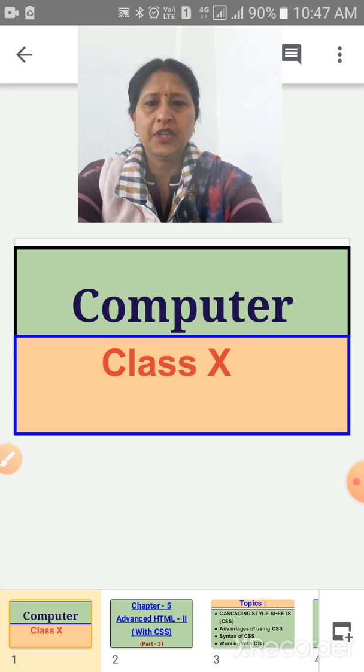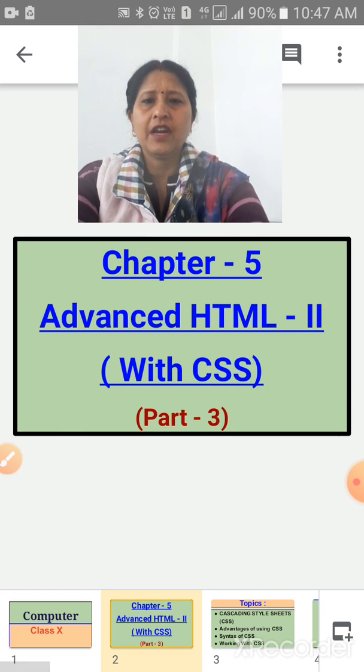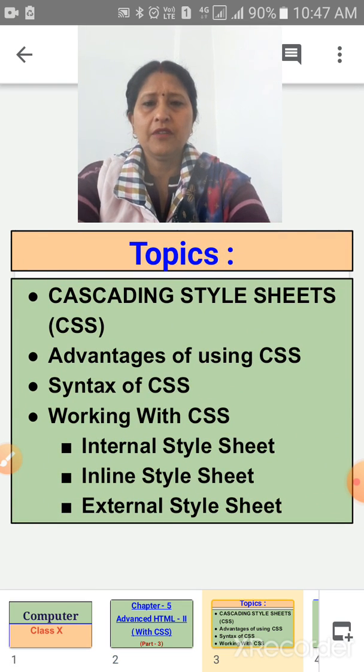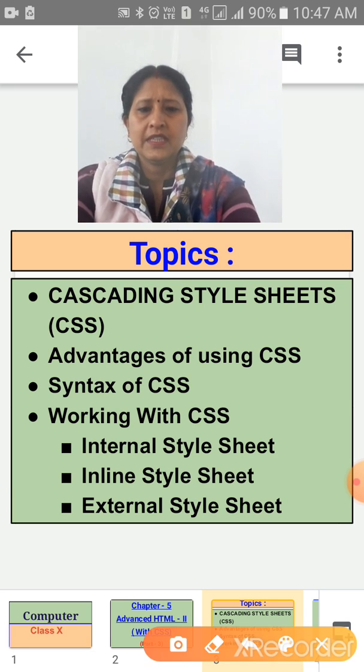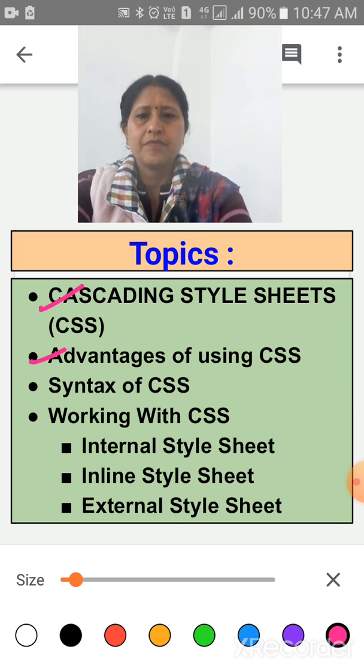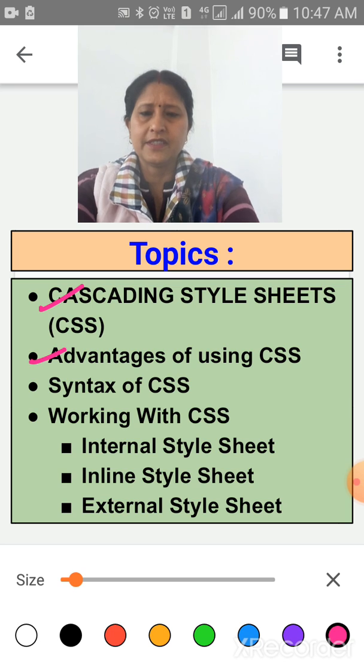Children, today we will continue chapter number 5, Advanced HTML 2nd with CSS, part 3. In this chapter, we will continue the topic cascading style sheets. Next is advantages of using CSS.